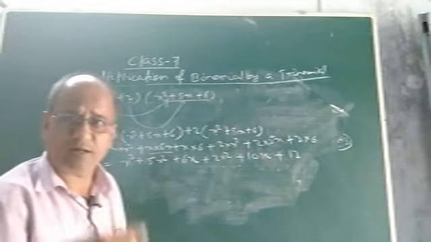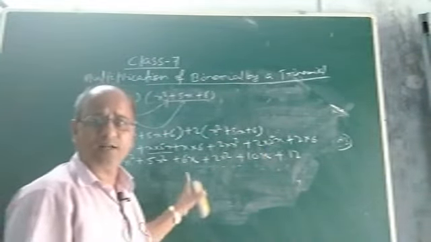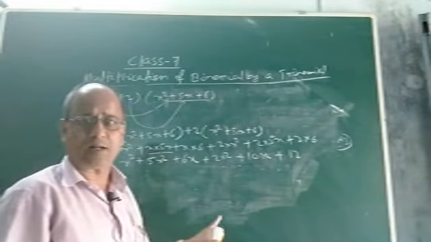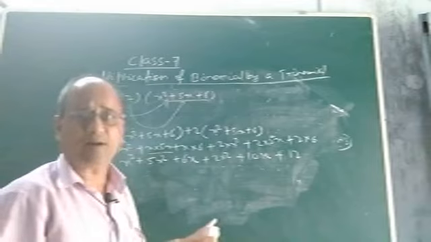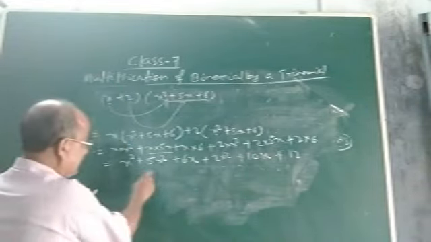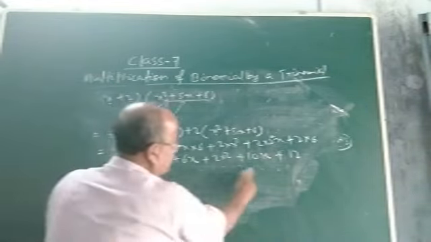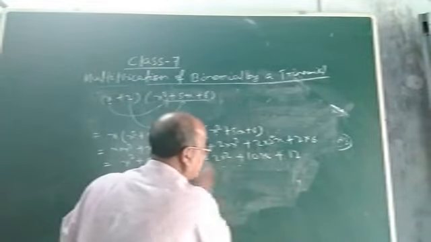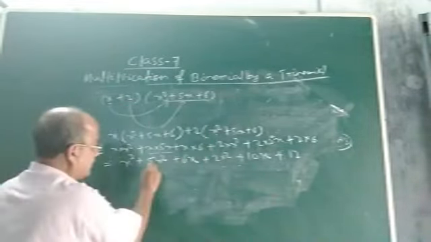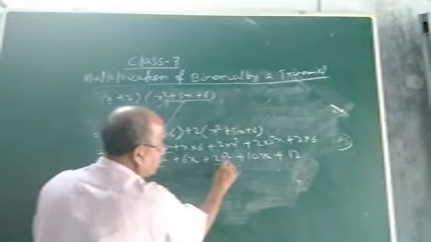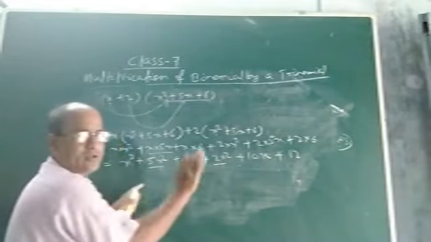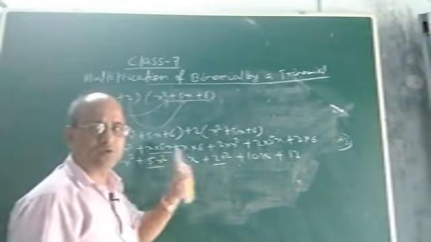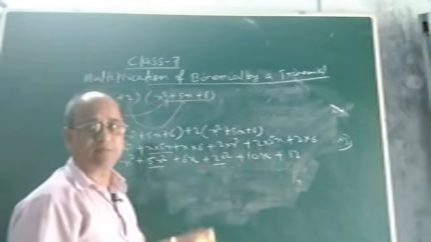Then what is the next step? The next step is we have to find whether there are like terms or not. If there are like terms, you have to add or subtract them. Otherwise, you will not arrive at the answer. Okay. See, look at x cube. There is no other x cube term. Look at this term, x cube. There is no other x cube in the whole expression. But look at 5x square, 2x square. These are like terms. So they must be added, because here it is plus, here it is plus. So these two terms must be added because they are what terms?